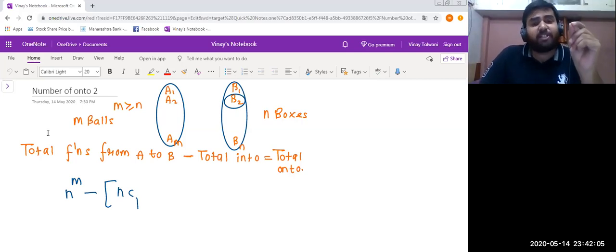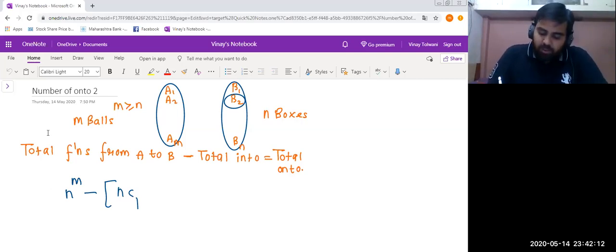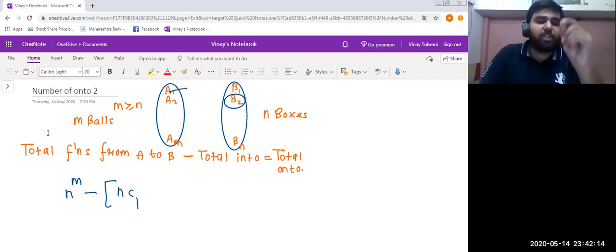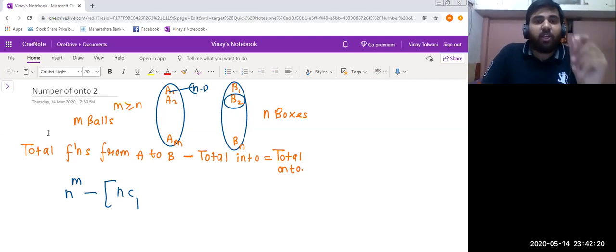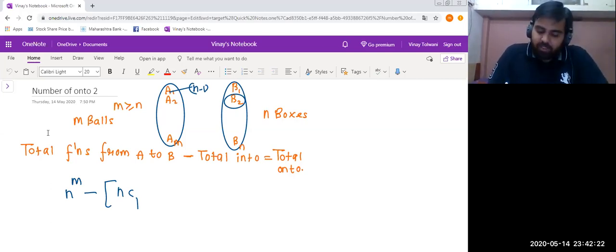Now let us consider that we considered B2 to be empty. A1 has how many choices? A1 has N minus 1 choices. A2 has N minus 1 choices. A3 has N minus 1 choices.